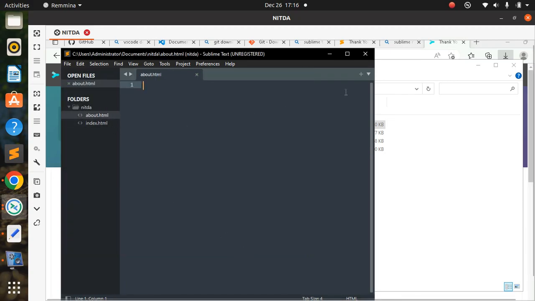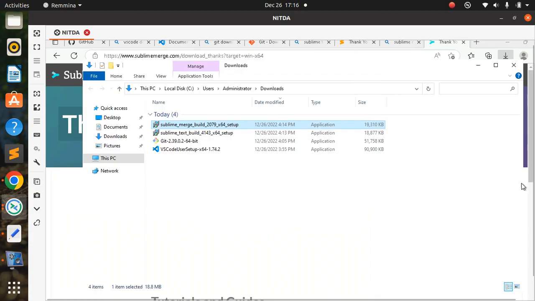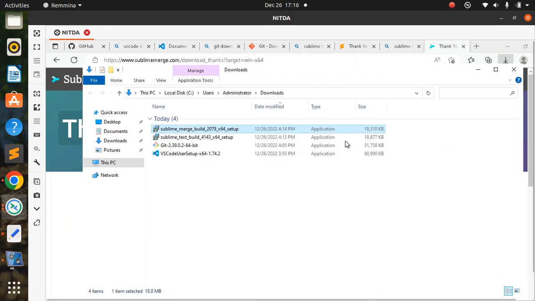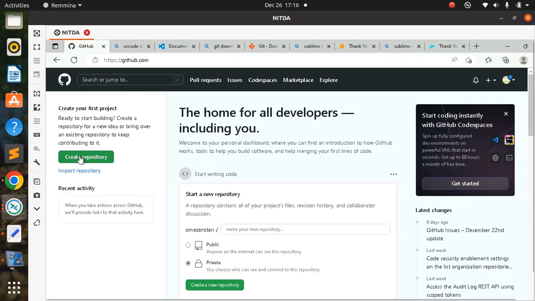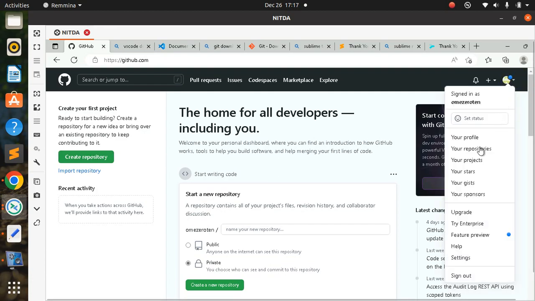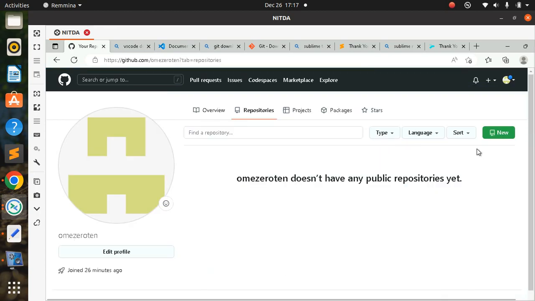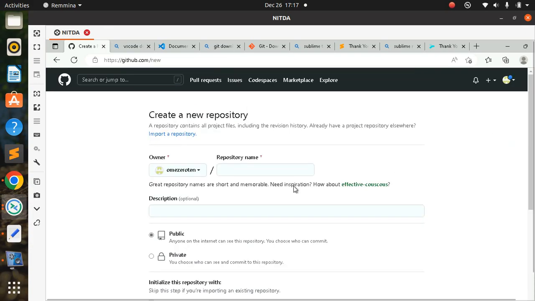Now let's work on version control. Assuming I go to my GitHub account. Where's the GitHub account I created? Here it is. I could create a repository using this icon here, or I could just come here and go to your repositories. See, there's no repository. I'll then do New, and what repository do I want to create? Let me create NITDA